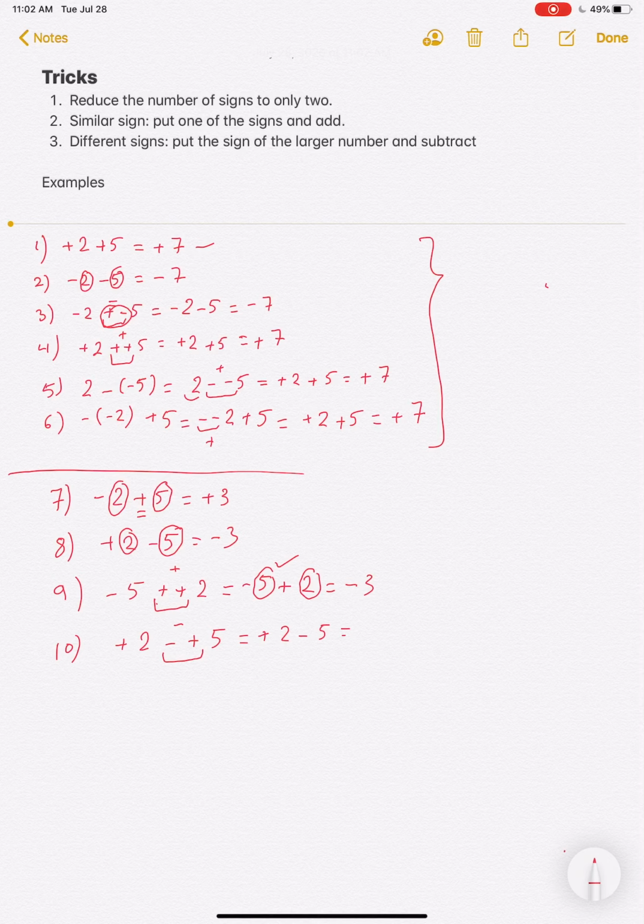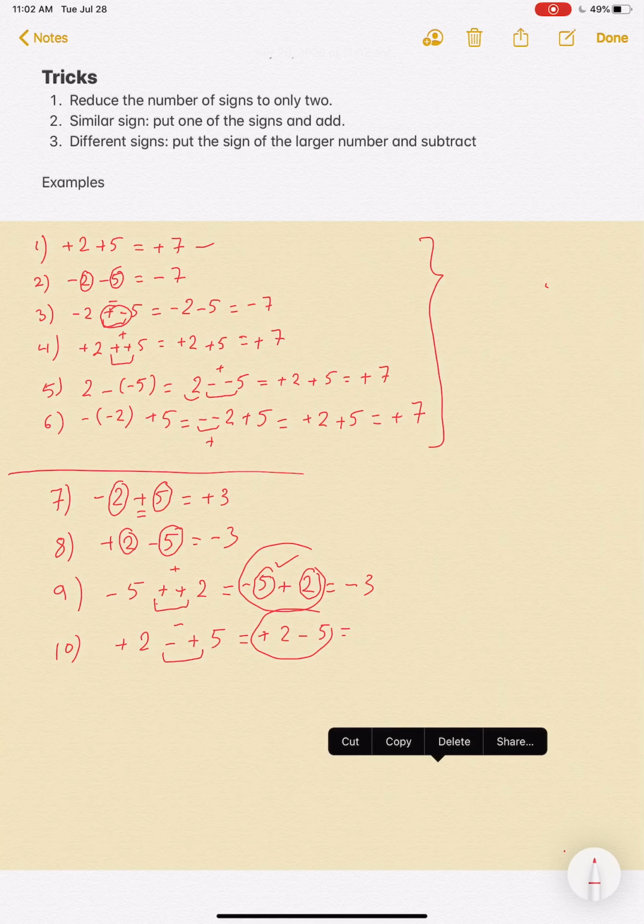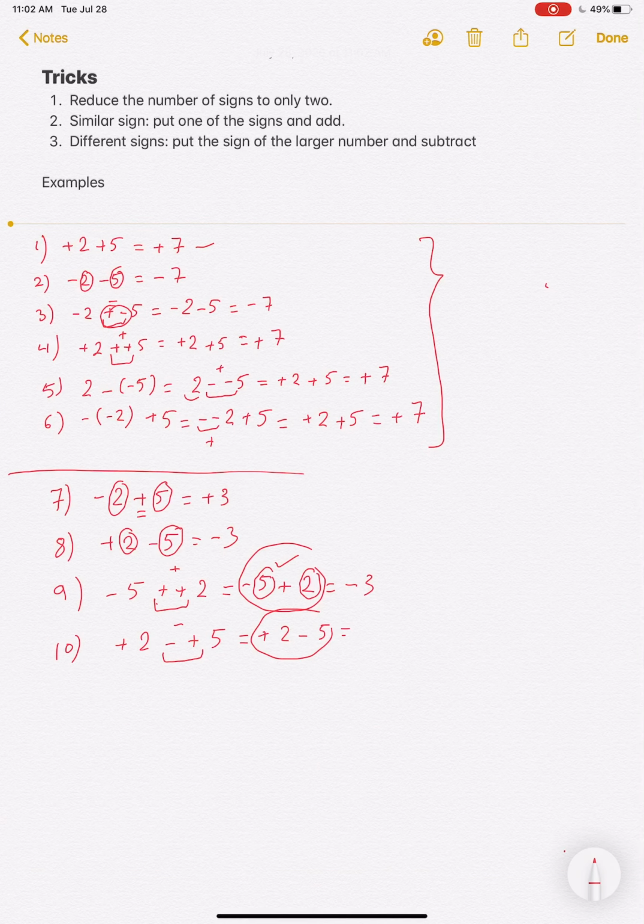By the way, this one is exactly as this. Why? Because we have two numbers, 5 and 2, and the sign of the larger, which is 5, is negative, so I'll write negative. The difference between 5 and 2 is 3. Now what I want you to notice here,